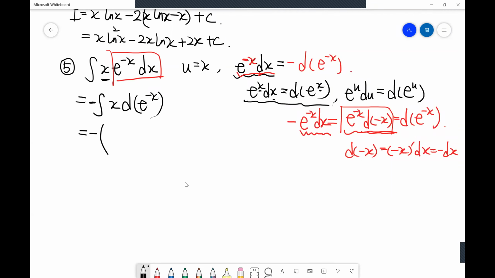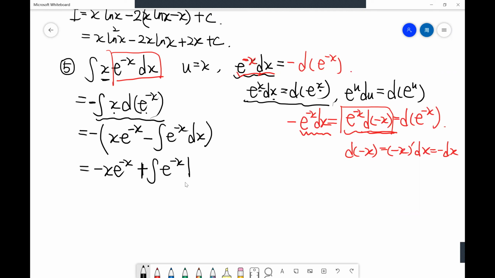And the formula that is applied for this part, without the minus sign here. So here that is uv, that equals u times v, means x times e power minus x. And the minus here, we change the places of e power minus x and dx here, right? So here we know that equals minus x e power minus x, and here plus the integral of e power minus x dx